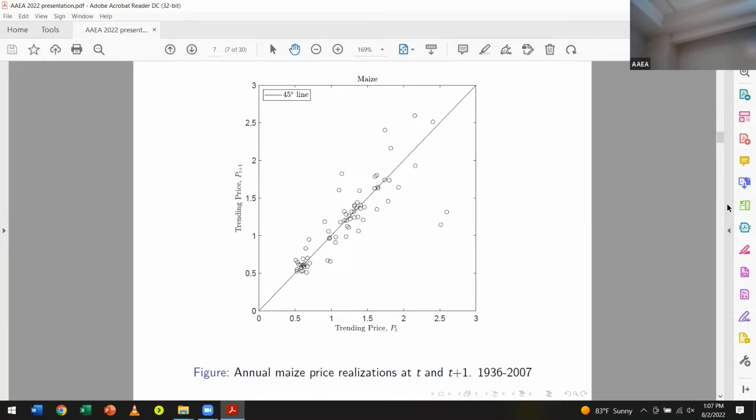possibly we could find, for example, evidence of unit roots, like maybe the coefficient on the current price is 1 or close to 1. And actually, if you do that, that's exactly what you find. For many of these commodities, you run unit root tests, and you cannot reject the unit root hypothesis using standard